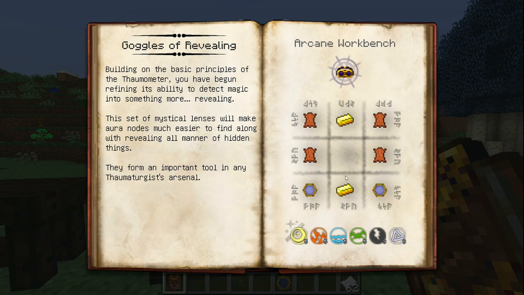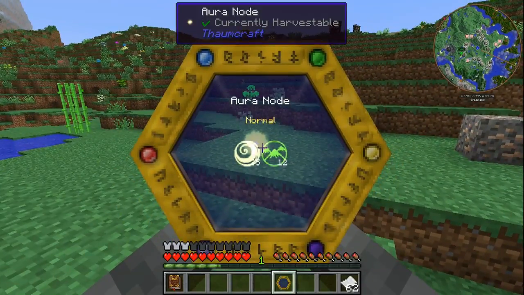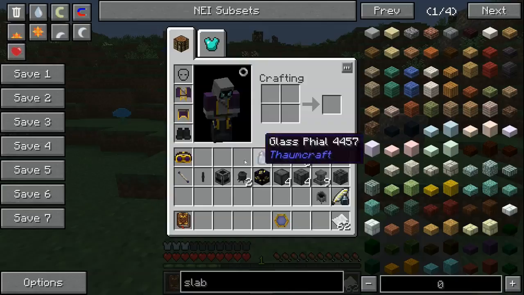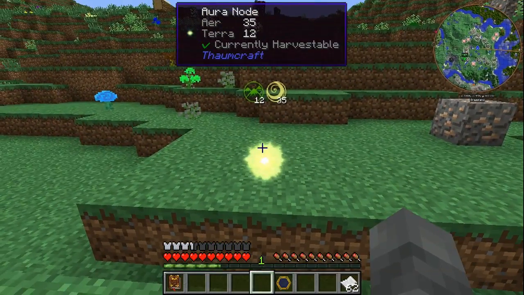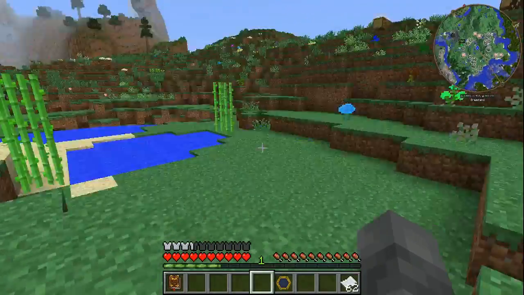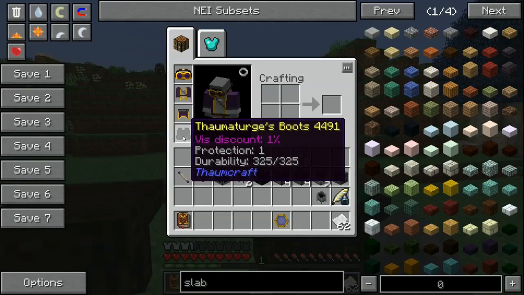Another thing that's very helpful is the goggles of revealing. These are like a thermometer for your face. Notice how I can see this node when I have the thermometer out. If I place the goggles of revealing on, I can see the node, and I can clearly see the aspects that are in it without having to use the thermometer. Very helpful for finding nodes, and if you notice, it says vis discount